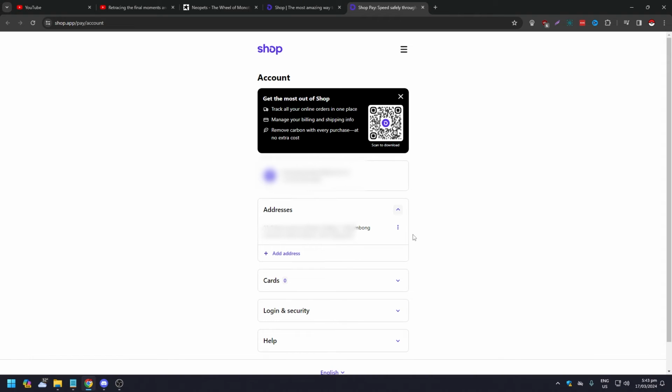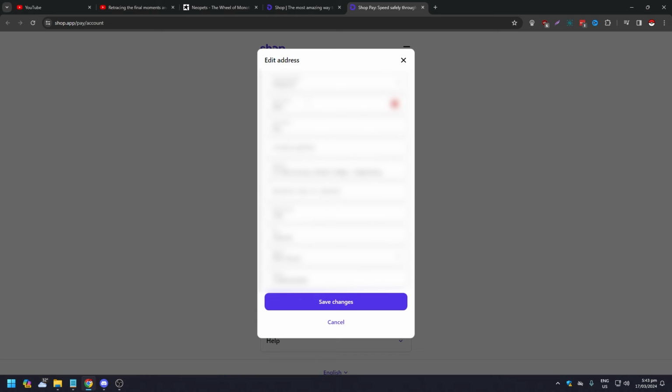Now, how do you change it? It's very easy, very easy. All you need to do is click on the three dots here, and you're going to see either delete, which is the red icon, or the edit, which is the blue icon. So click on the blue icon like this, and you're going to see